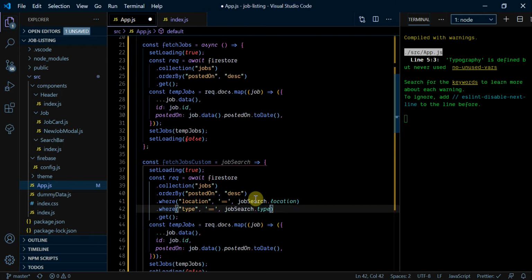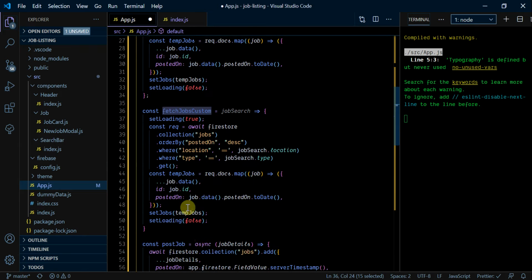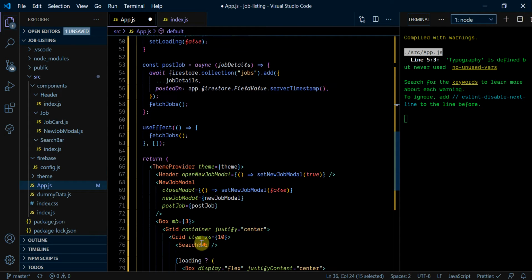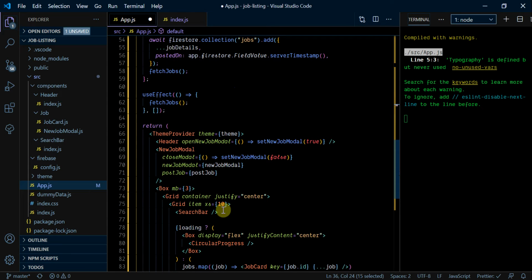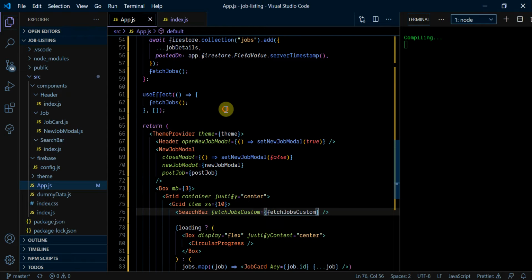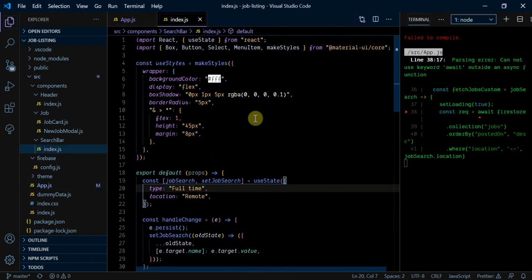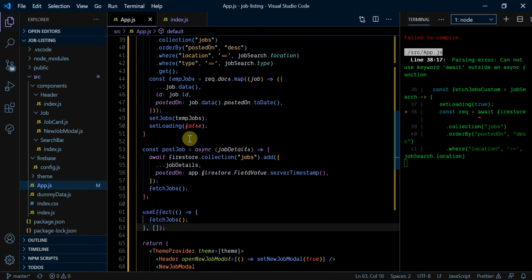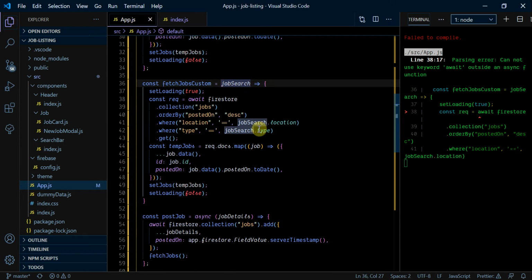So we have to call this function inside the search bar and pass in the job search object which has the type and the location. So let's pass this in the search bar, fetch jobs custom. One second, I think I made a mistake. In the custom one, it has to be async so that we can use the await. And inside of here